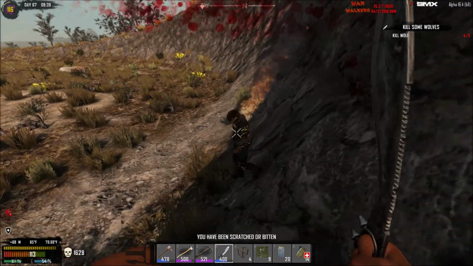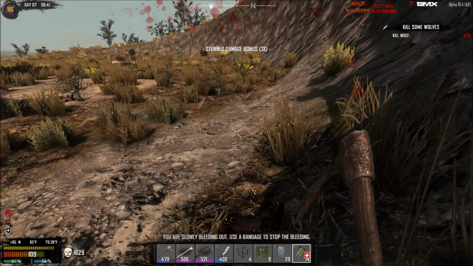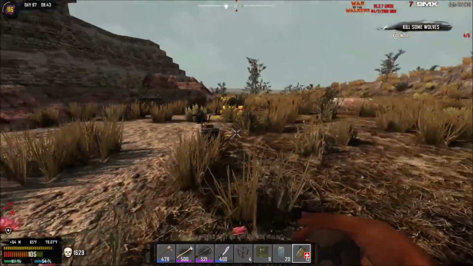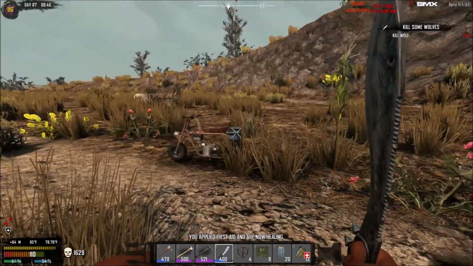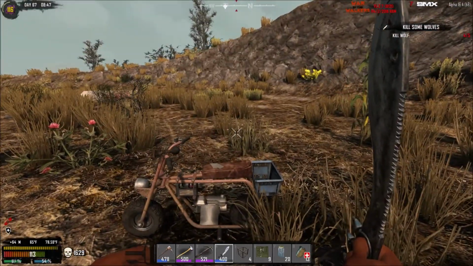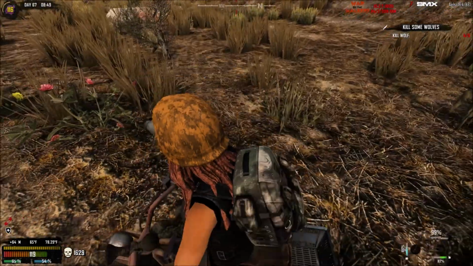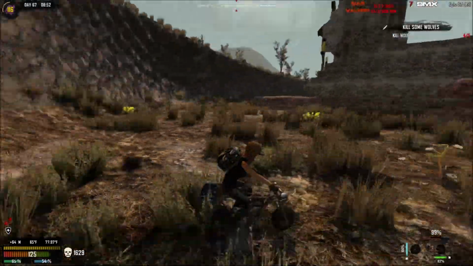So, been scratched or bitten, have I? Oh, and I'm bleeding out as well. Okay, here we go. Let's just do something about that, shall we? There we go. Oh, here's the bike. Alrighty, here we go. One thing or another, I haven't played for a while, so I'm feeling slightly like I can't remember how this thing works. But we're going to get on our bike and head towards...